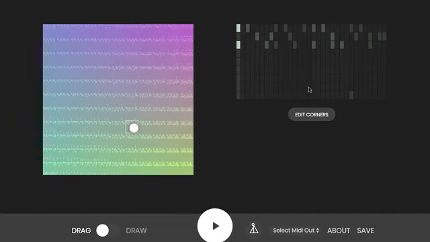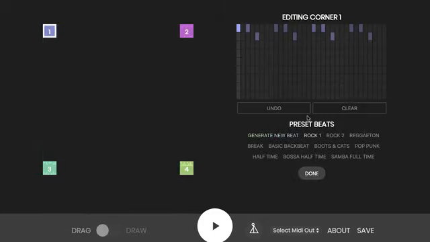To the right of the position panel is the rhythm panel, and the rhythm panel defines the rhythms at the four corners of the rectangle where the tracker lives. Click the Edit Corners button and the interface will change. The colored rectangle is replaced by four squares at the four corners, and they're labeled with the numbers 1 through 4. If you click on a numbered square, then the rhythm panel will display the rhythm for that square and make it available for editing. And from this interface, all you have to do is click on one of these highlighted rectangles and it will activate it.